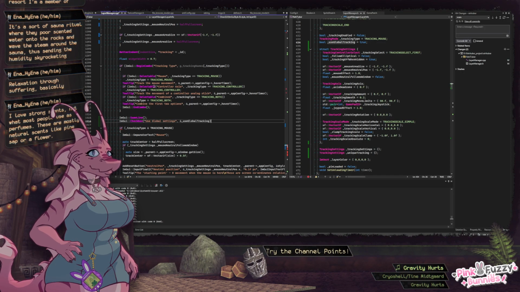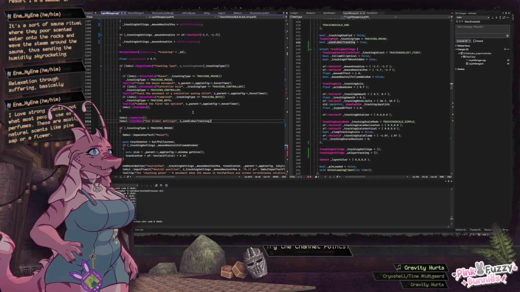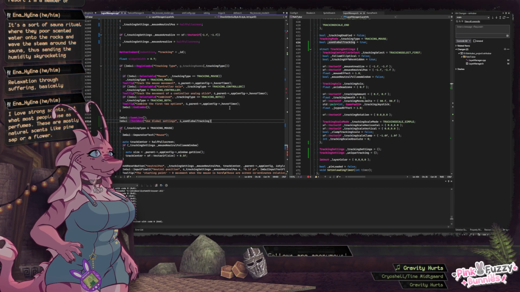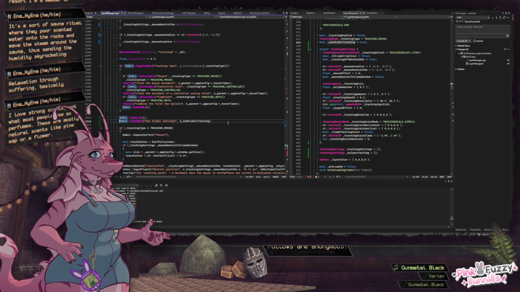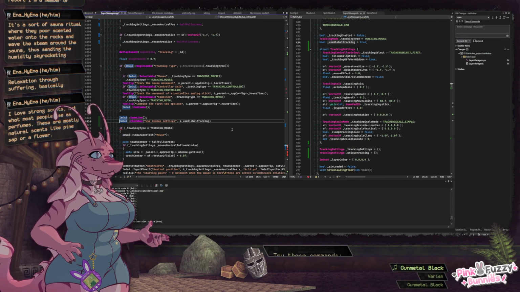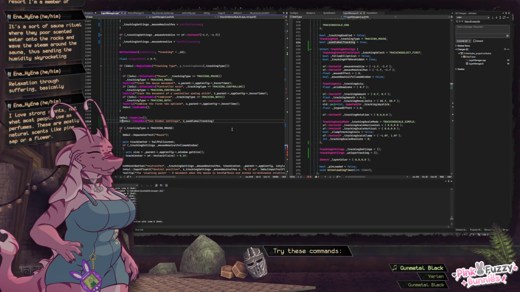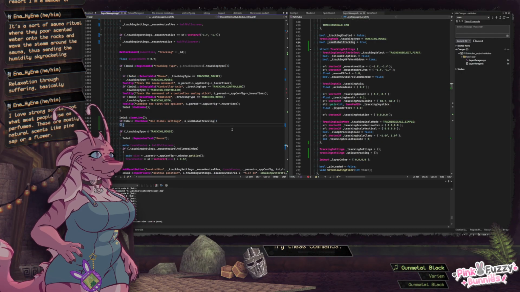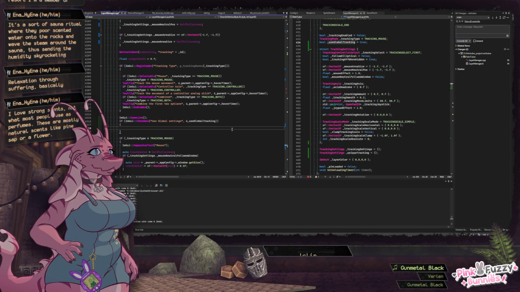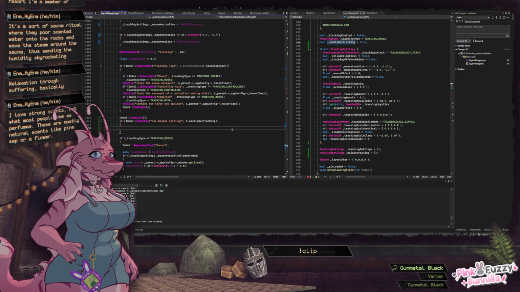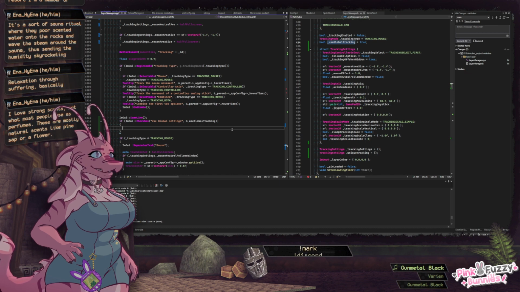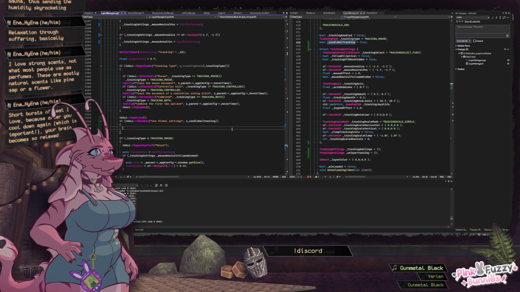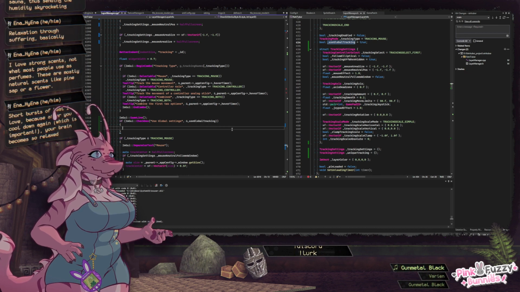I love strong scents. Not what most people use as perfumes. These are mostly natural scents like pine sap or a flower. Still, that sounds nice if you like it. For me, nuh-uh. I have a thing where, like, if there's a scent that's particularly too strong, I can't concentrate on anything else. So I'm just like,